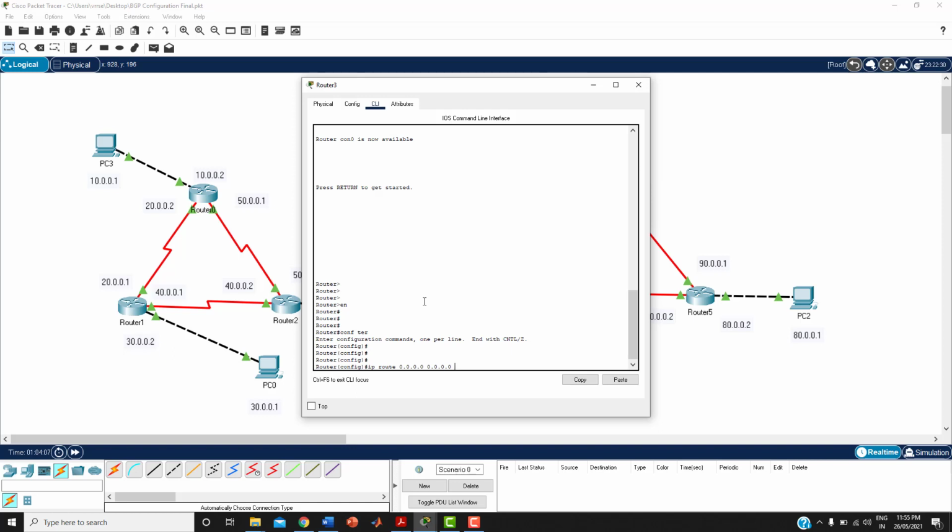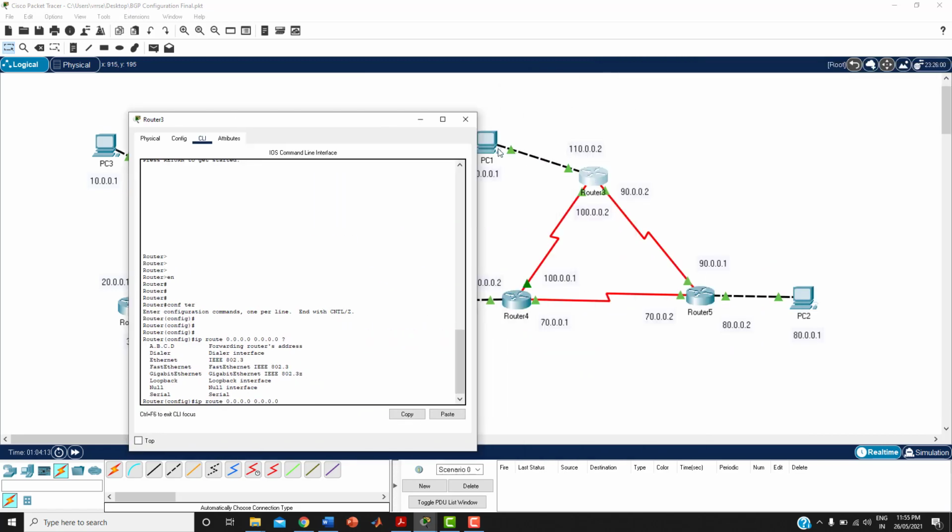So what is the next hop? You can give the question mark and see. The next one is going to be the forwarding router address. So if any packets other than 110, 90, that means which are not available in this group, let me forward them to the border router. The border router will forward it to the next group, to the next autonomous group. So what is the IP address of the border router? It is going to be 100.0.0.1. So that is going to be the next hop, 100.0.0.1. So this is the default route I'm going to create.